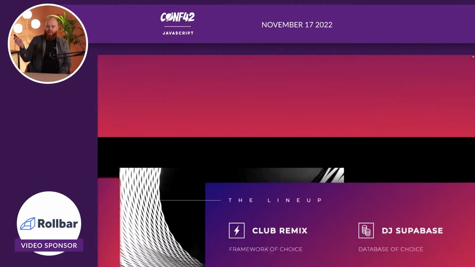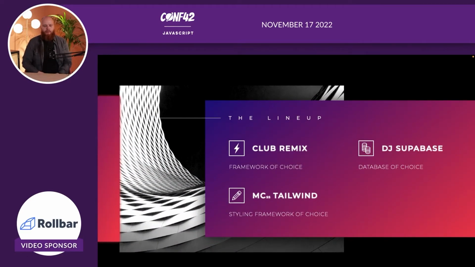Let's get the party started. So the lineup or the tech stack for this is, naturally, Remix. That's the framework of choice that we're going to look at today. Then I needed to persist some data, right? You want to maybe store the session state, maybe some users. I use Supabase for that, which is basically, if you know Firebase, I think they market themselves as the Firebase alternative.